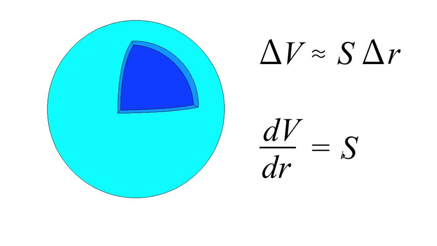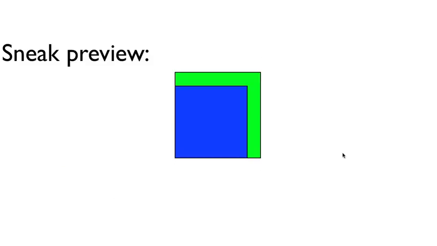Now, we've done it for circles and spheres. Does it only work for round things? No, no, no. This is perfectly good for other things too. It's a little sneak preview. The next video you should watch is called "Why is the derivative of x cubed what it is and not something else?" And sneak preview, if we talk about a square and we expand the side a little bit, what